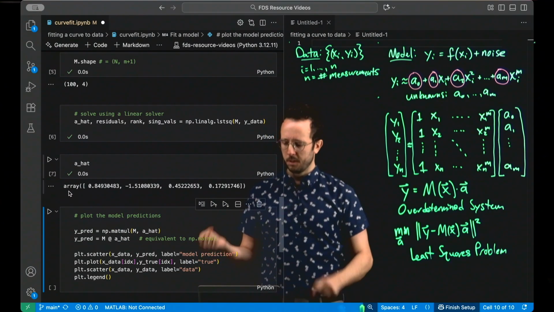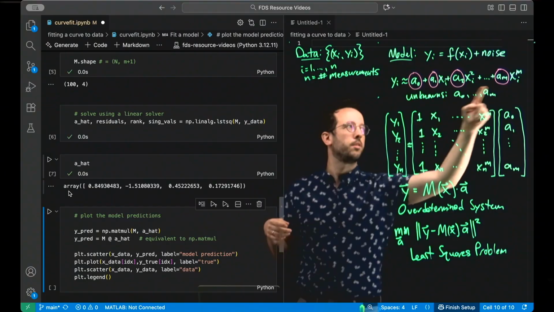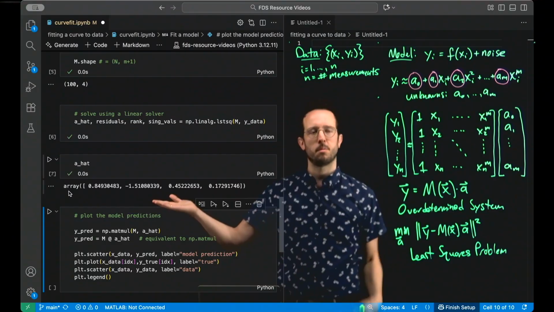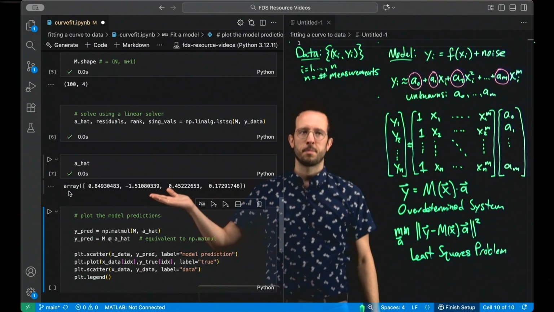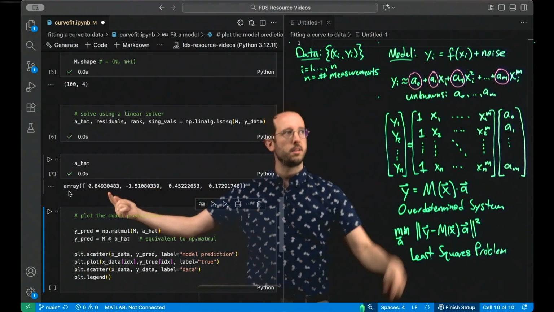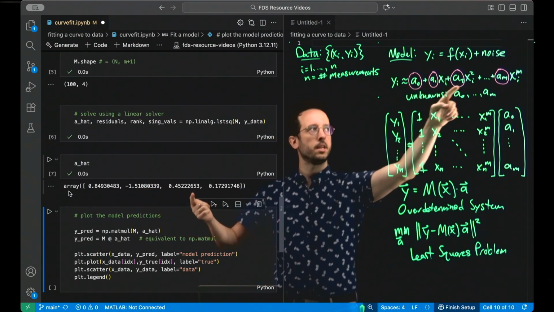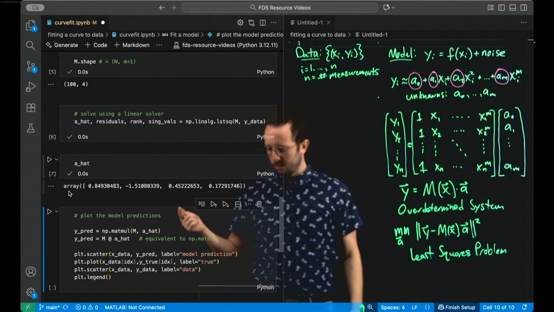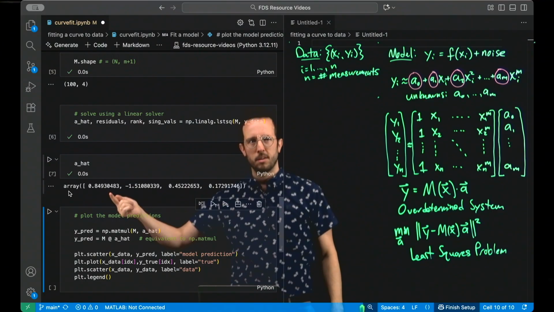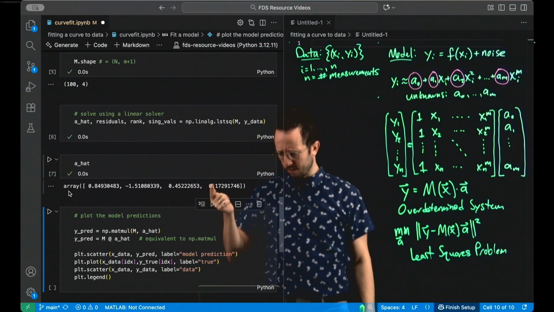So we can directly interpret this vector of coefficients in terms of the model that it's telling us. Now that we have coefficients, we essentially have a polynomial model that approximates the data. So how do we read this? The first entry of the vector is the constant term, then it's the linear term, then the quadratic, and the cubic. So this is telling us that y is approximately equal to 0.85 plus negative 1.5x plus 0.45 x squared